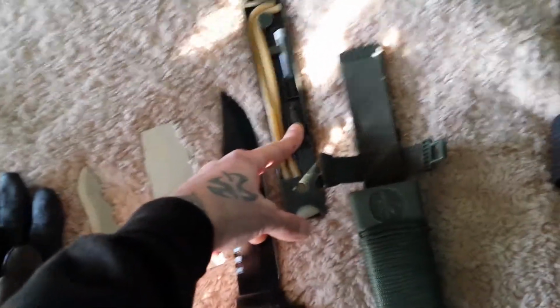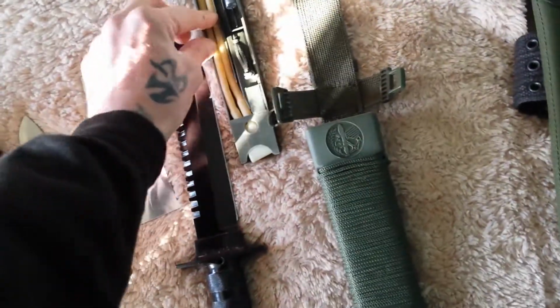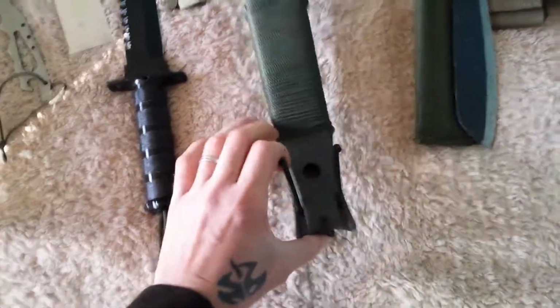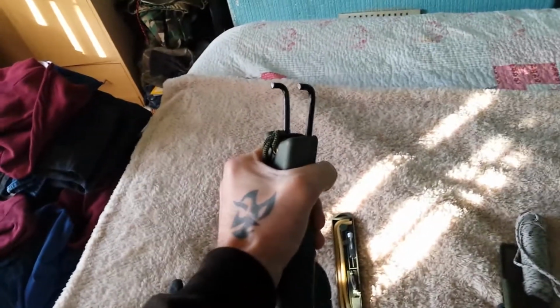So we've always got the ability to make fire when we've got this knife on us without having anything else. We've also got in here an elastic, and that is actually an elastic for these here, and it turns this sheath into a catapult,